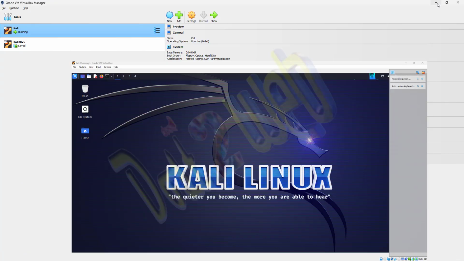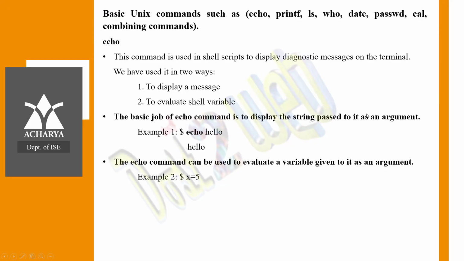Have you written the variable name x is equal to 5, anything, whatever you want, any variable a is equal to something, you can write anything, no problem.